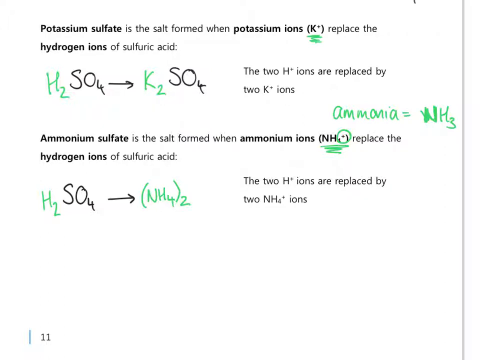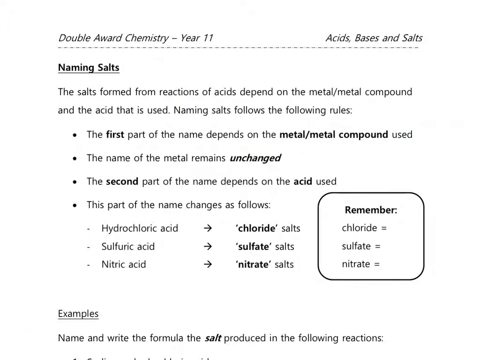So that's (NH4)2SO4. Always think of salts as the metal ions or the ammonium ions, whichever you're using, replacing the hydrogen ions within your acid. Now let's have a look, before we start into the specific reactions of acids,